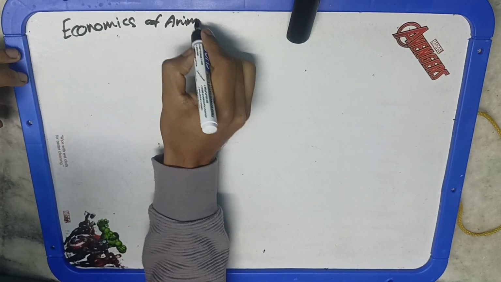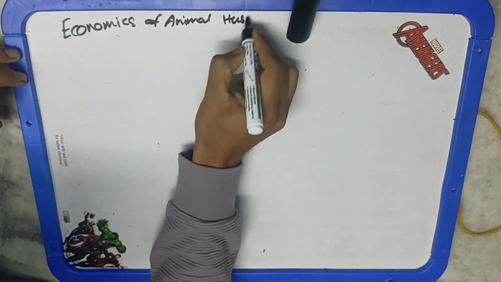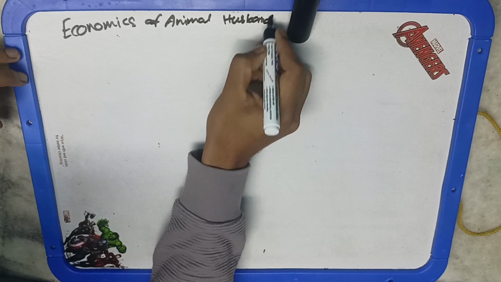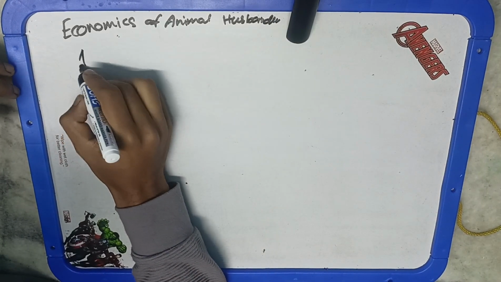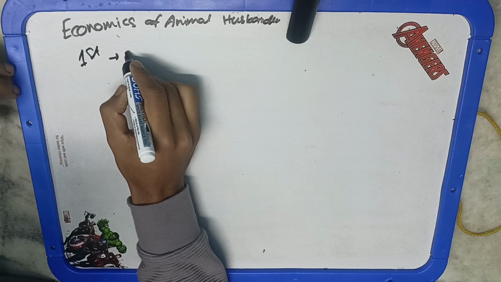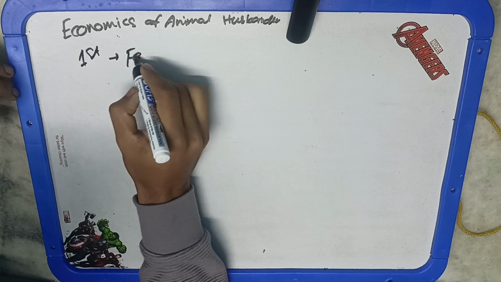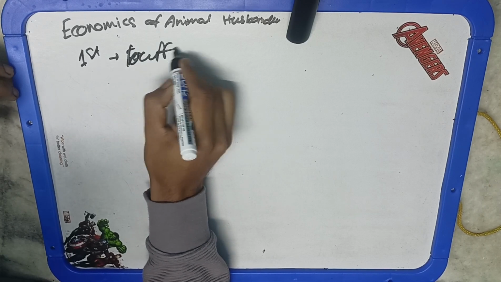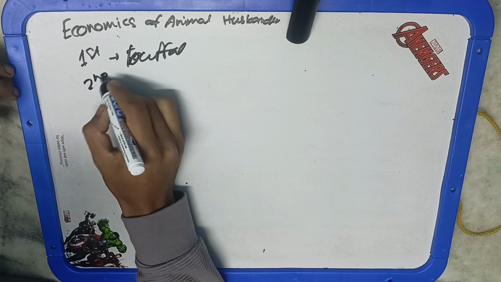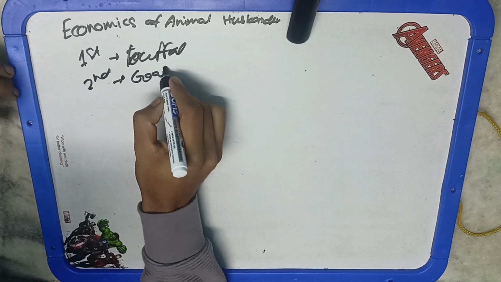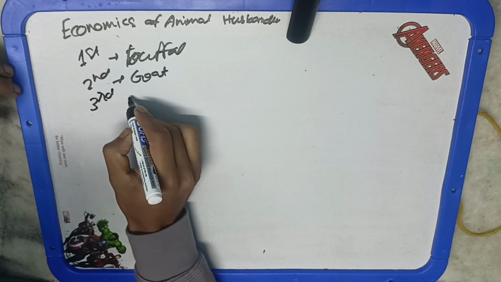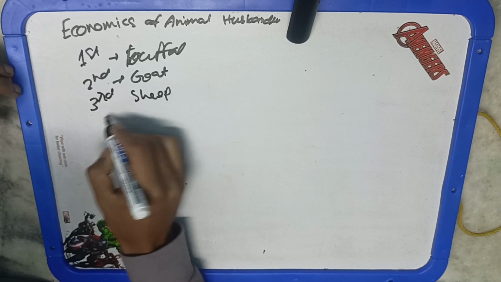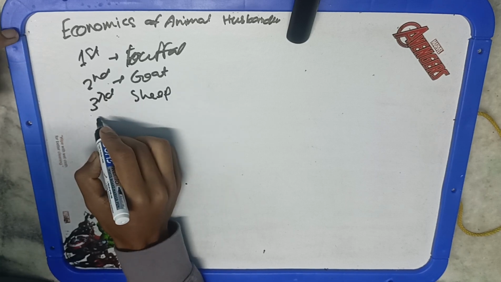Okay, so why is the economics in animal husbandry required? Because India is first in the total buffalo population, second in the population of goats, third in population of sheep, fourth in population of chicken, and fifth in poultry production. So this is a huge area, or we can say a huge opportunity lies in animal husbandry, and the economics related to it simply means the entrepreneurial projects that will lead to income generation, scope of employment, and all.